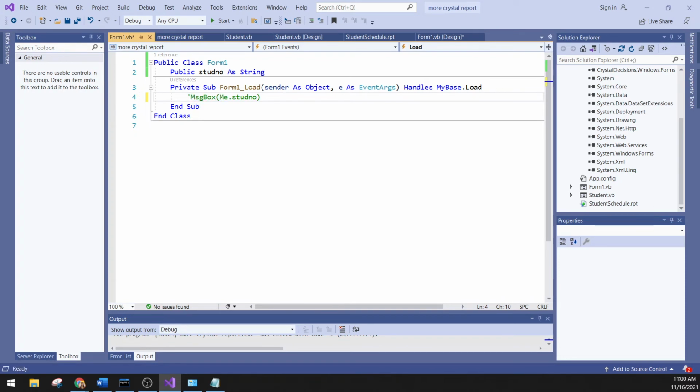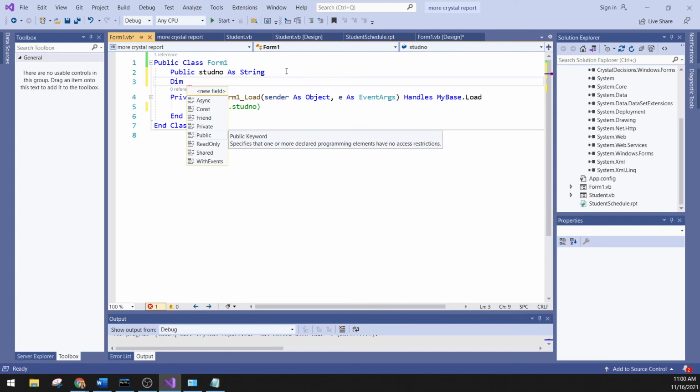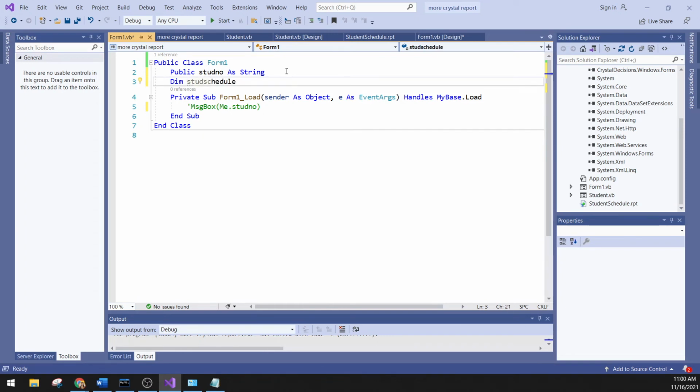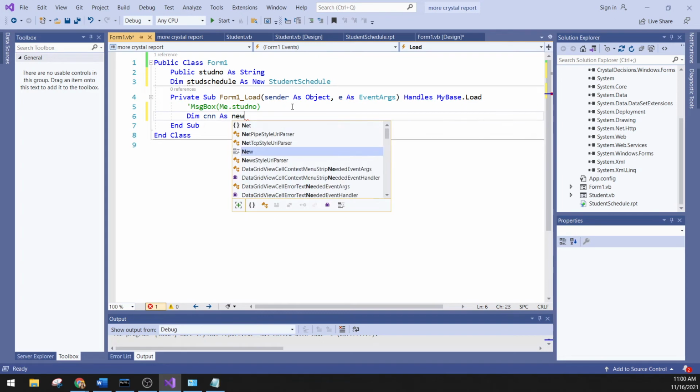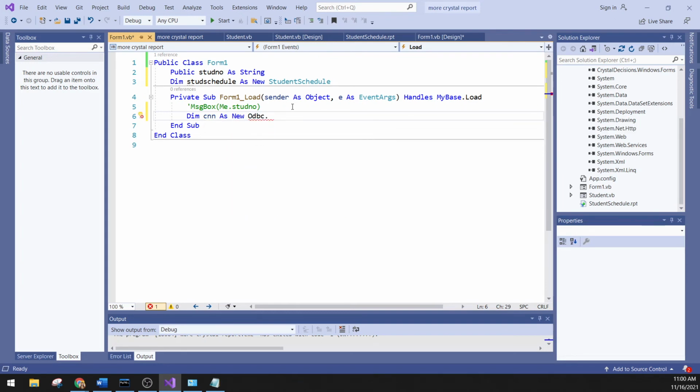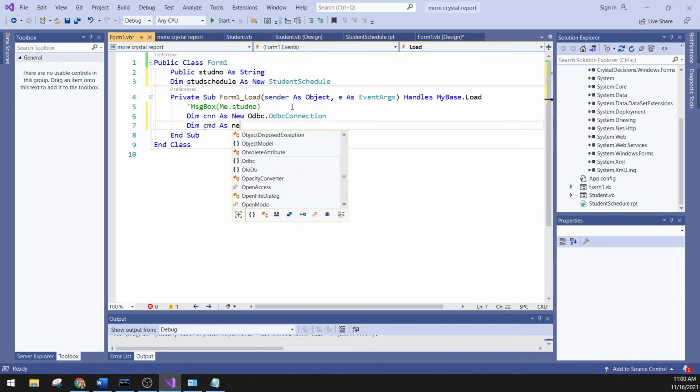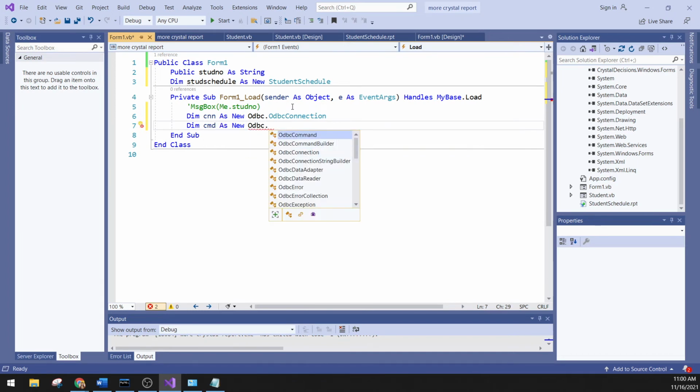So, for that one, lagay ko dito. Remember the name of your crystal report. So, I need to declare an object for that. So, lagay ko dim object. Lagay na lahat natin. Dim stud schedule as new, the name, student schedule. Okay? And then here, okay natin, dim cnn as new odbc.odbc connection, dim cmd as new odbc.odbc command, and